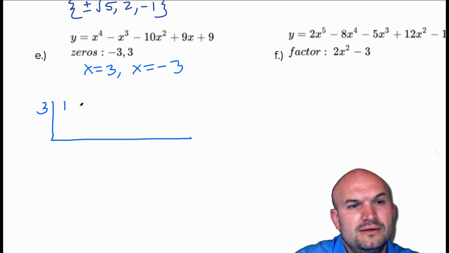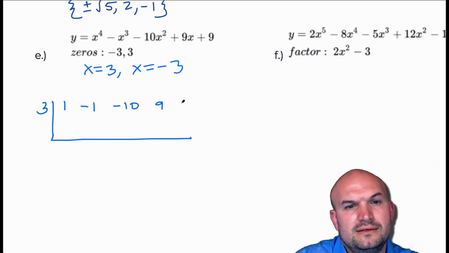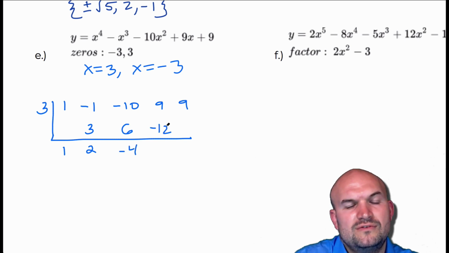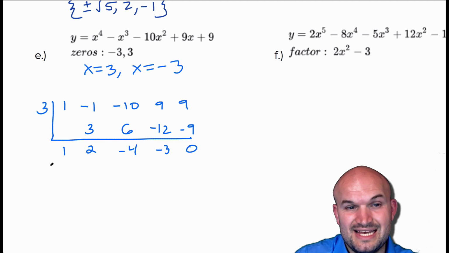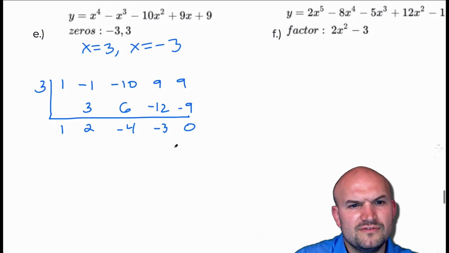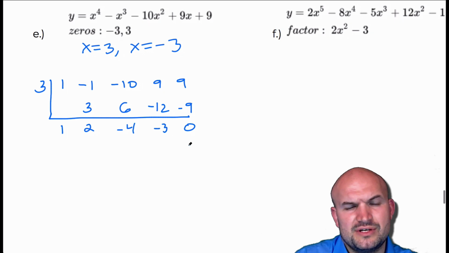And I have 1, negative 1, negative 10, 9, and 9. Bring down the 1. 1 times 3 is 3. That becomes a 2. 2 times 3 is 6. Negative 4. Negative 4 times 3 is negative 12. Negative 3. That becomes a negative 9, 0. All right, so this ends up giving me a quotient of, I always like to work backwards, so 0, so